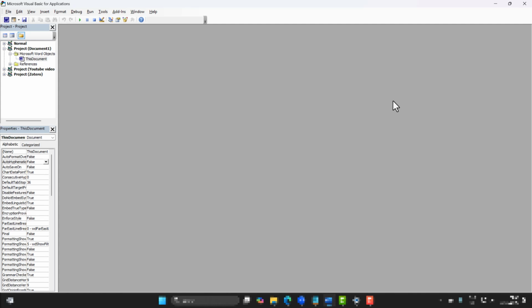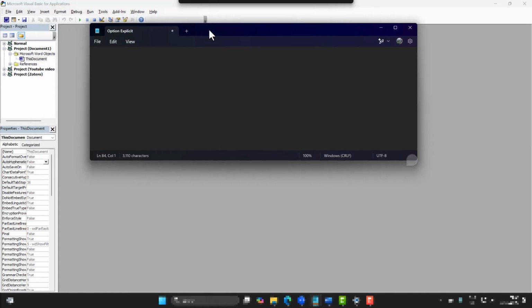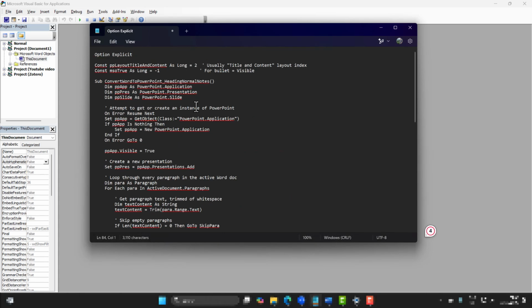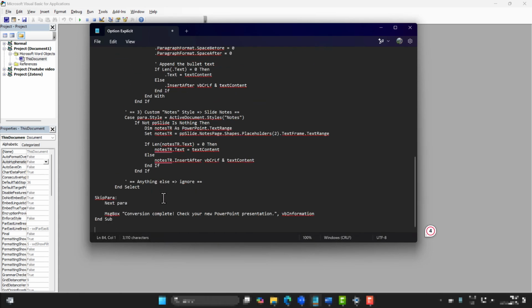And now we need the macro. So to get the macro, you need to head to the link in the description of this video, and you need to get the code from this post. And this is what the code looks like here. So I'll just make this a bit bigger. Now we don't need to understand too much into what this code does.